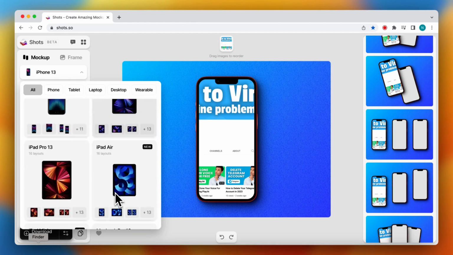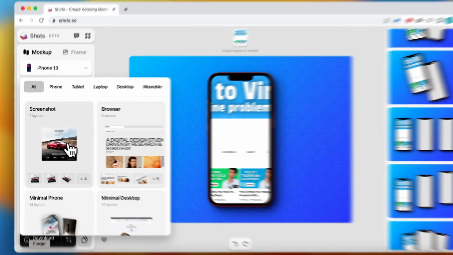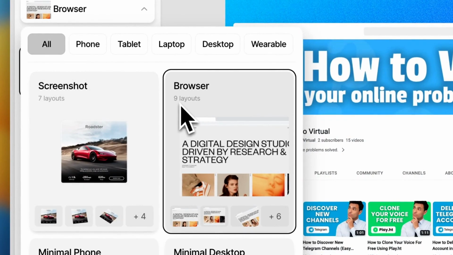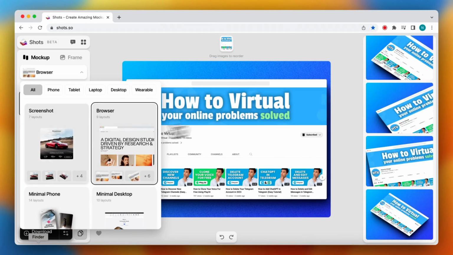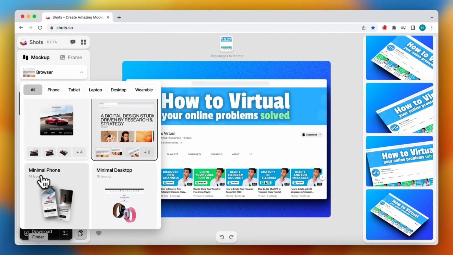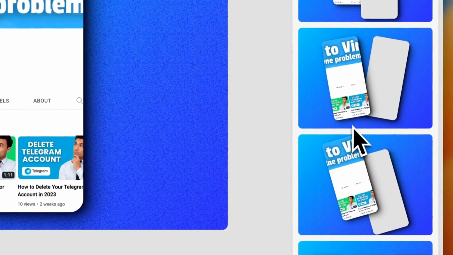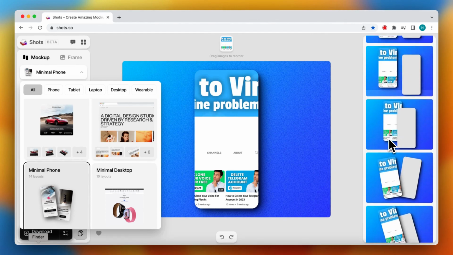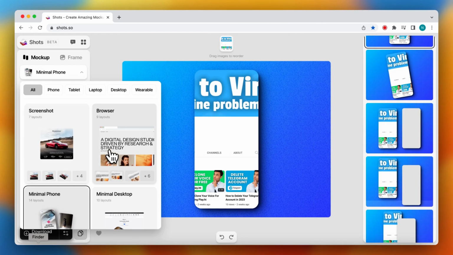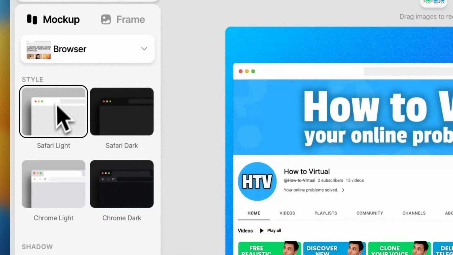So as you can see, there are a lot of options. As you can see, 9 layouts. So with layouts, they mean these things. So for the screenshots, there are 7. For the minimal phone, there are 14. As you can see, it's just a phone without like a border or something. It's not a branded phone, like an Apple phone or a Pixel phone or a Samsung phone or something like that. So I'm choosing the browser right now,